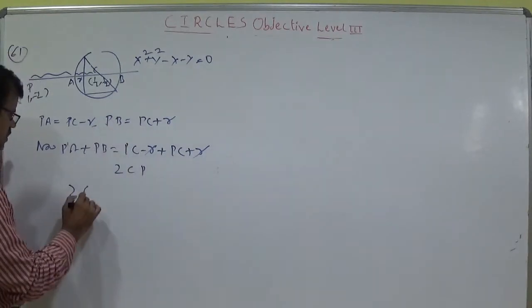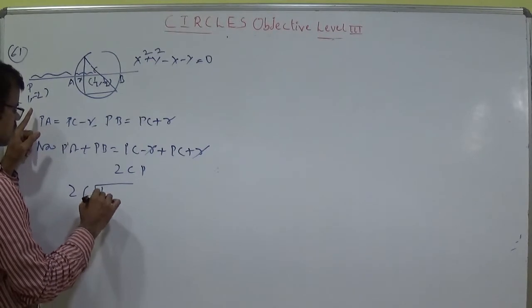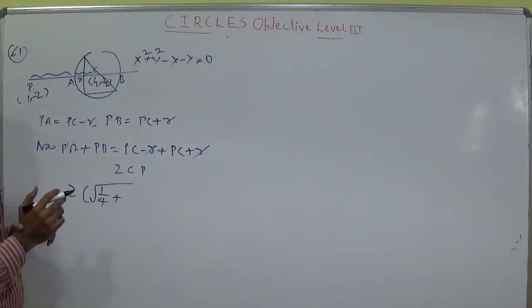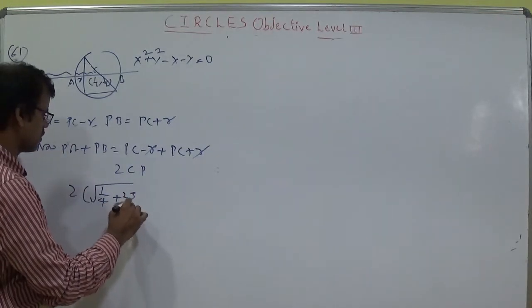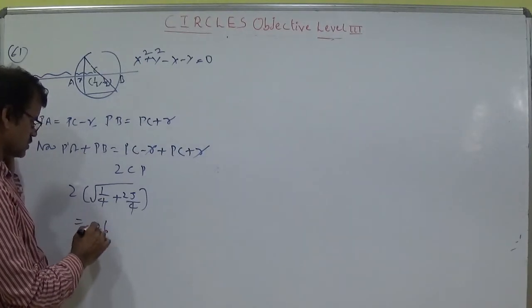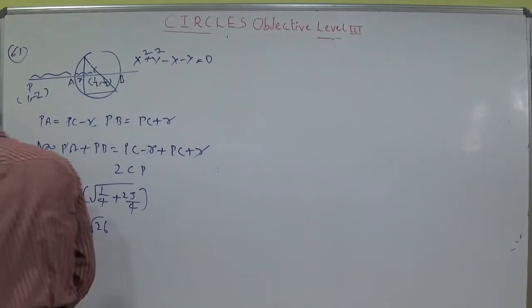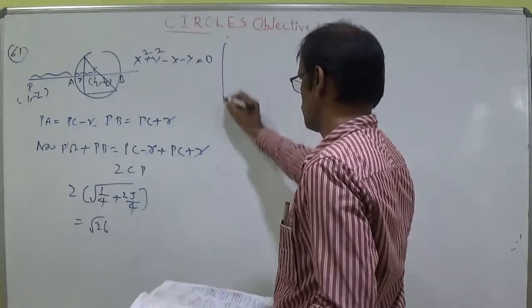C is equal to 1 by 2 comma 1 by 2. Let us find the distance: 1 minus 1 by 2 whole square, which is 1 by 4, plus minus 2 minus 1 by 2 whole square, which is 5 by 2 squared, 25 by 4. So the 4 and root 2 will cancel. So the answer is root 26, which is 2CP. Yes, root 26, first option.